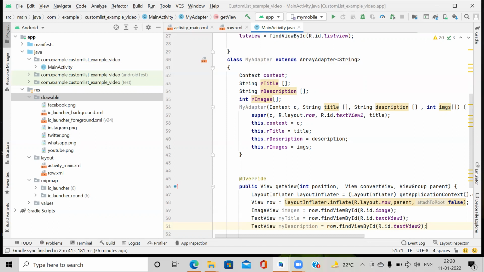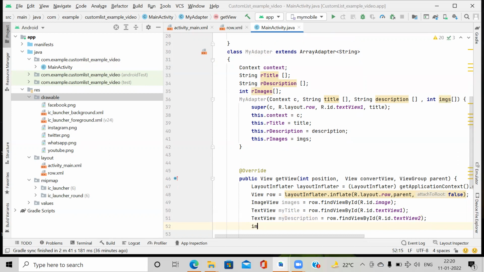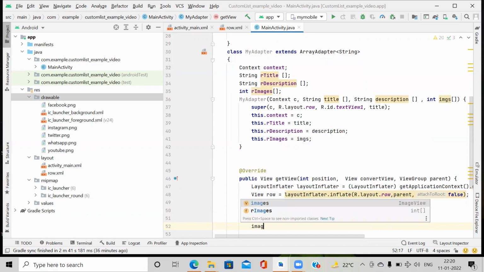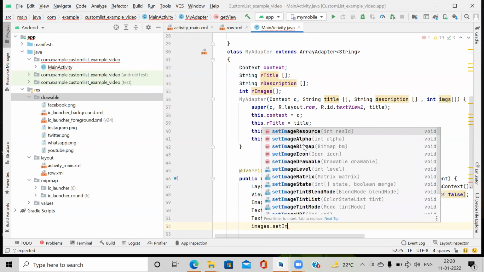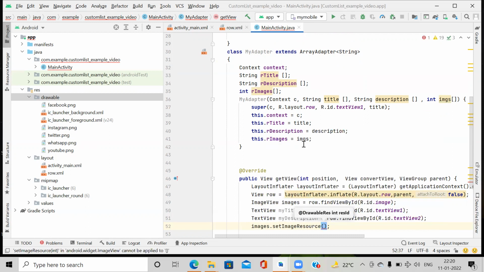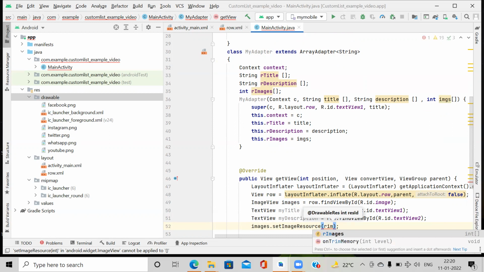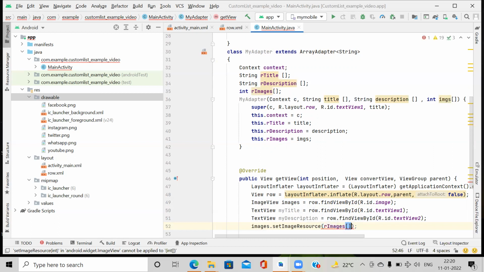Then we assign the text to it. So for images, dot setImageResource is equal to rImages in brackets position.